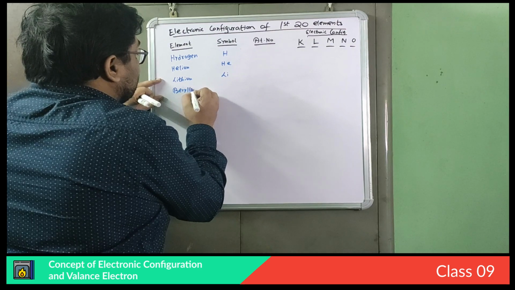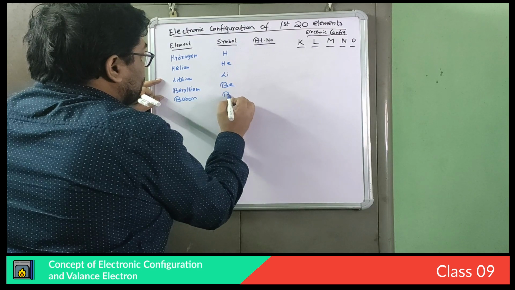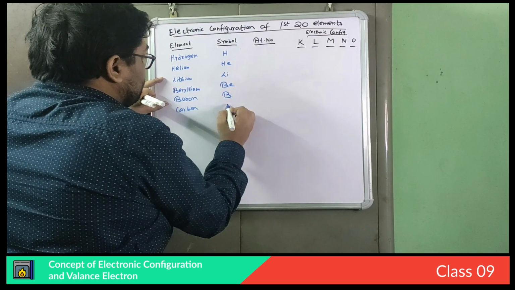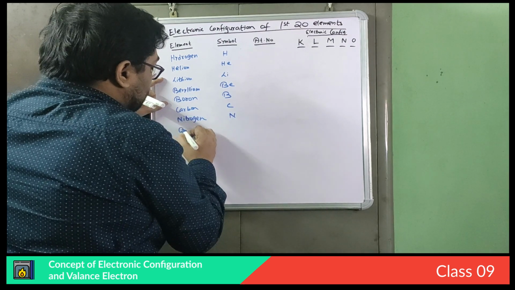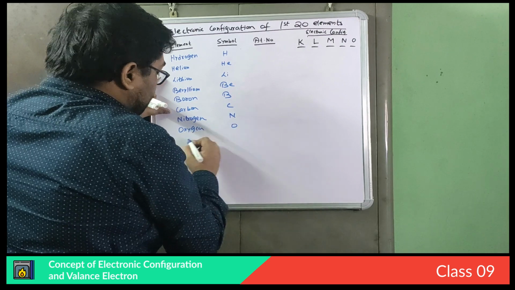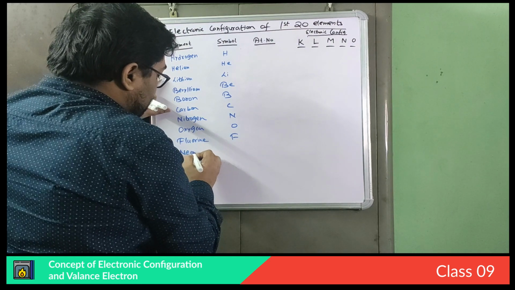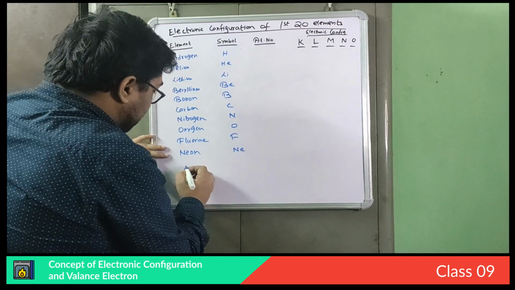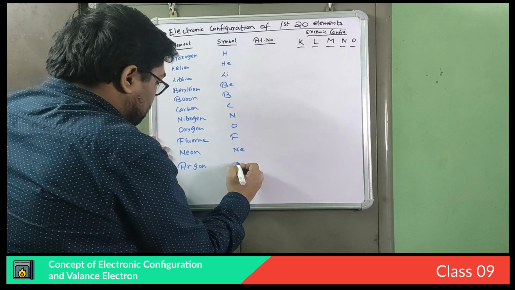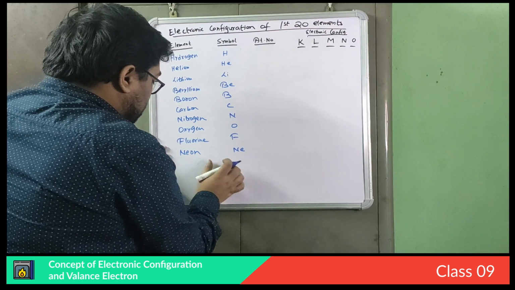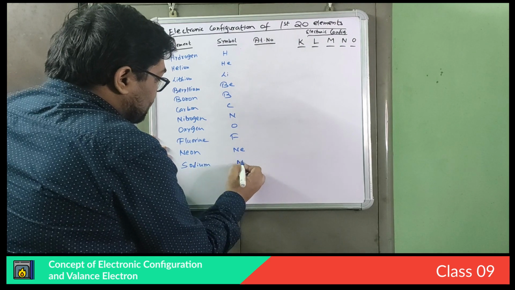Beryllium. Next is boron, carbon, nitrogen, oxygen, fluorine, neon, argon, neon. Then we will go to sodium, Na,